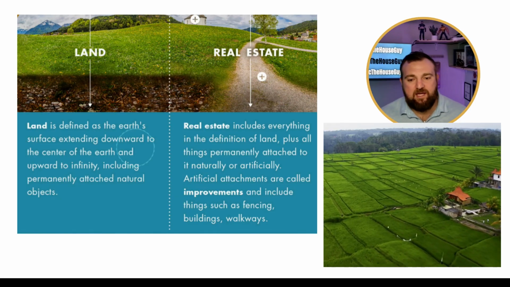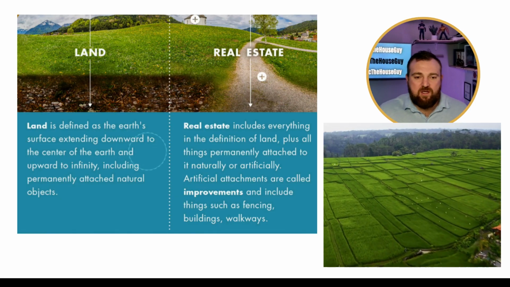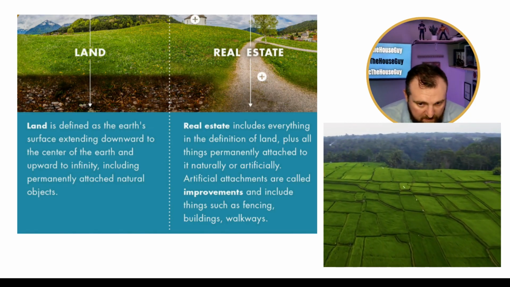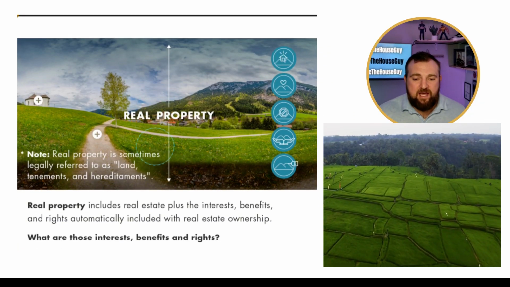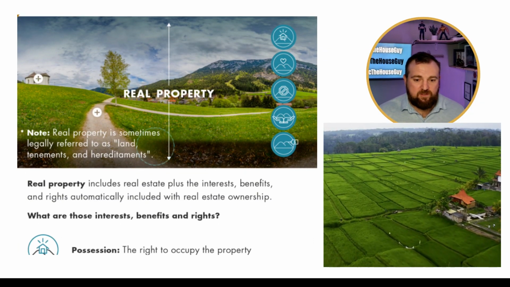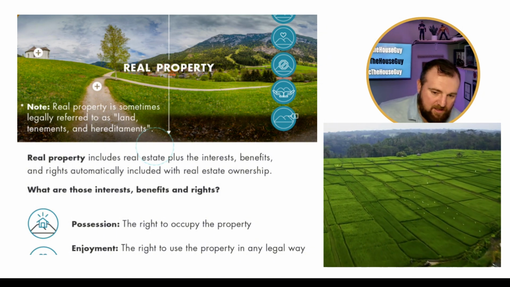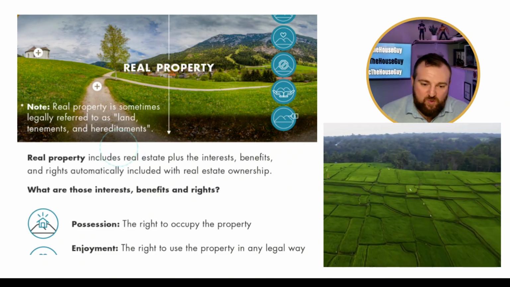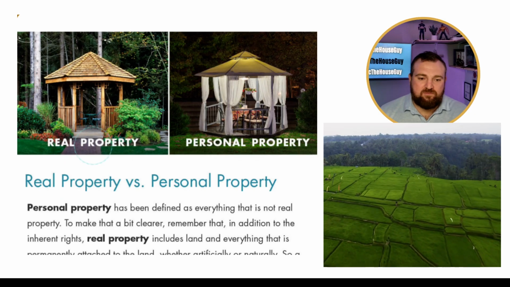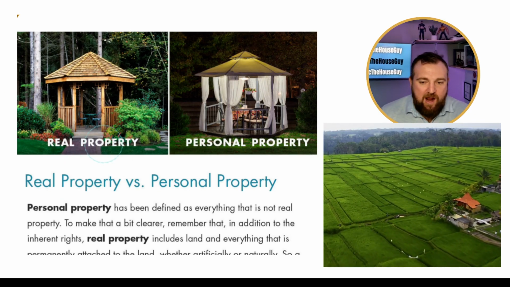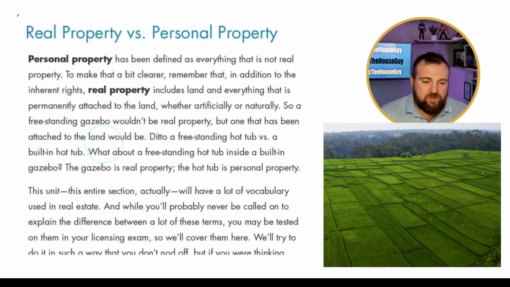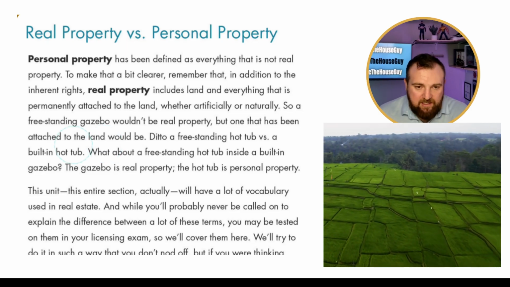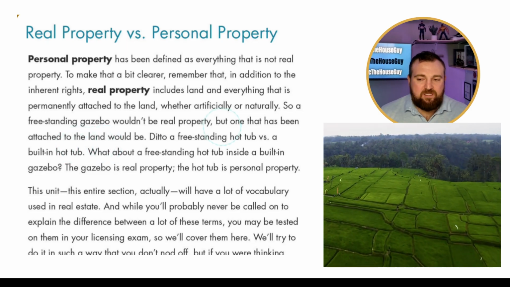So when we talk about, hey, what improvements have been done to the property, we're asking, have you installed a driveway? Is there an in-ground swimming pool? If you attach a swimming pool and it's on wheels and you can remove it, that is considered personal property, believe it or not. But if it is attached to the ground and you cannot remove it, that's considered real property. Hence the gazebo. I really need you to listen to this a couple of times and read through this and understand the difference. I know it feels like it's not a big deal, but it is, because it's going to help you